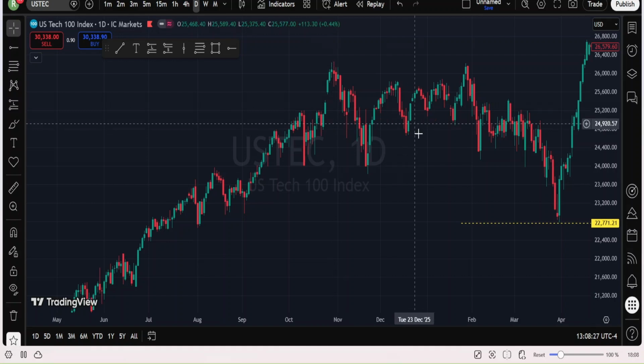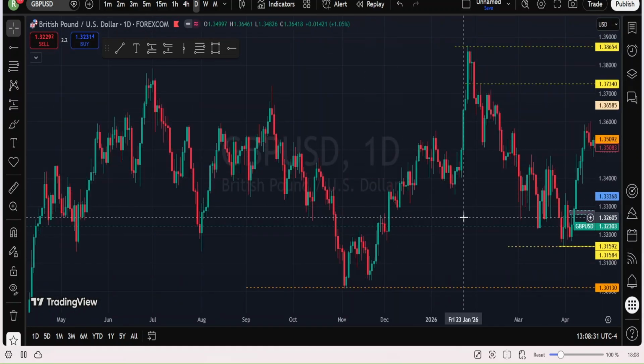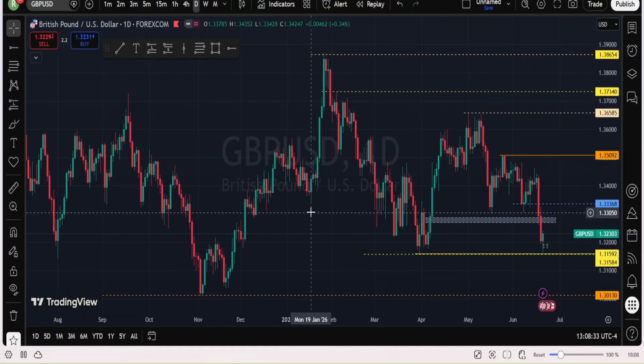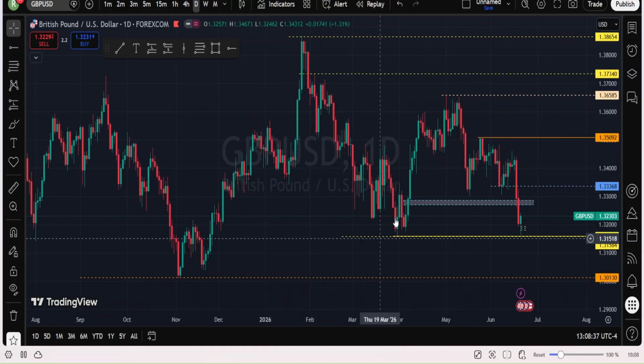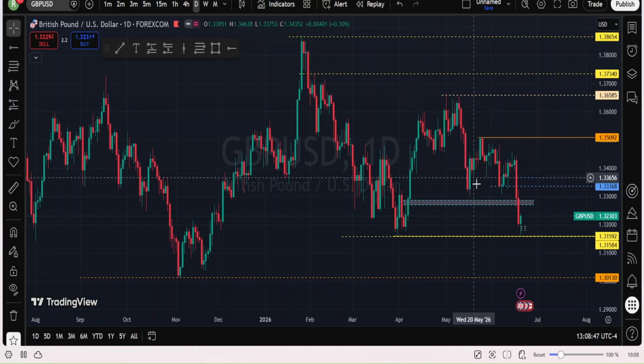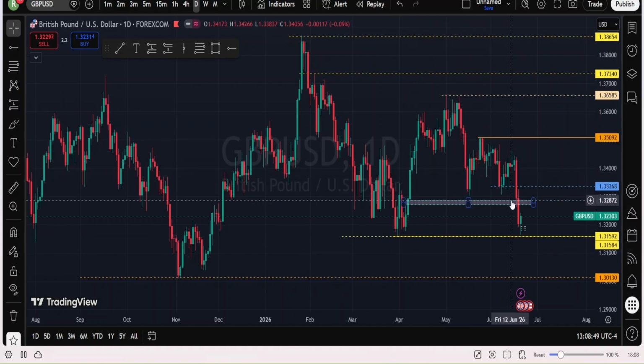If I talk about the external range liquidity or internal range liquidity, let's take for instance this EUR/USD, maybe on the daily time frame. We can look at this area to be an external range liquidity. This is external range liquidity, the low side. So this is the buy side, this is the sell side. Everything inside is what we call internal range liquidity.